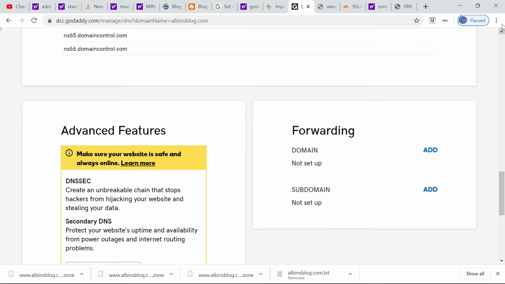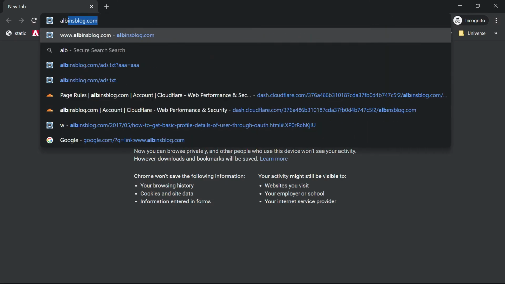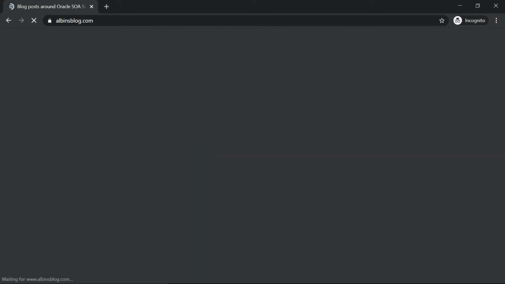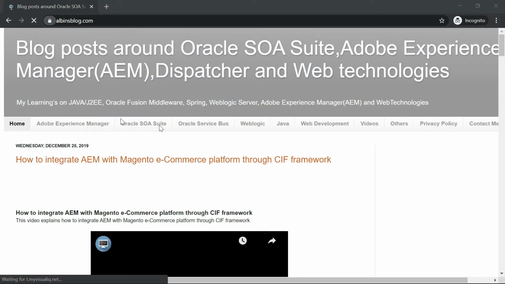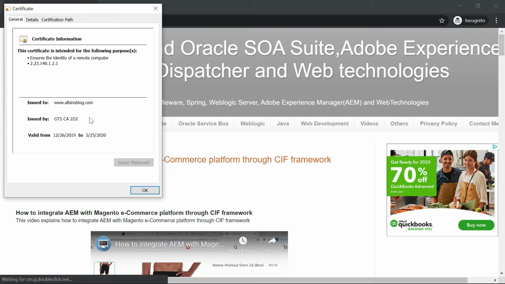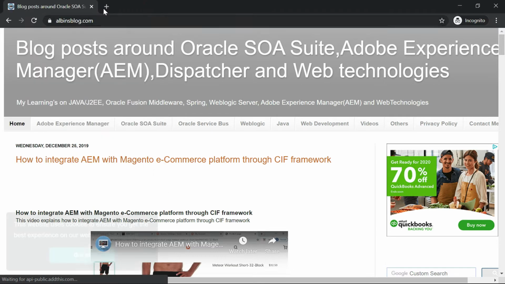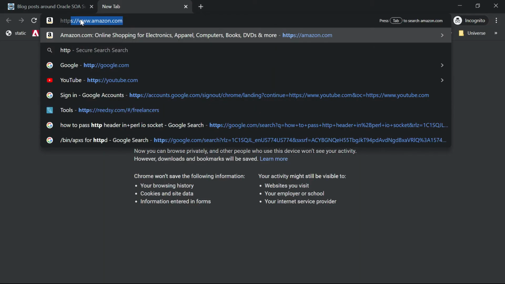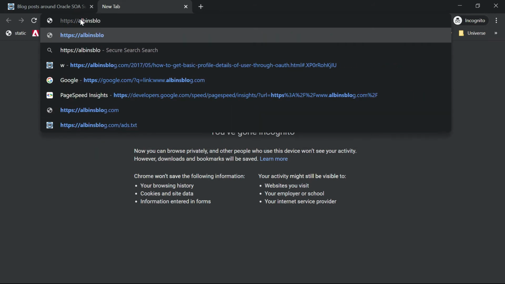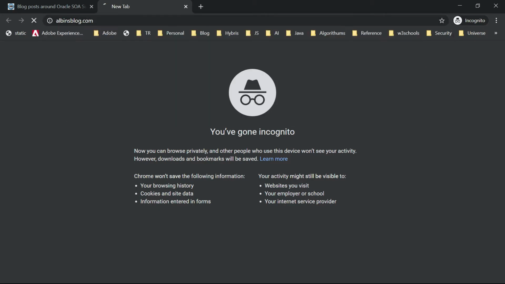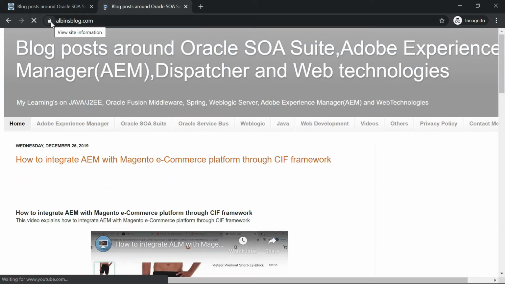Now let us test how this change is reflecting. I'm going to access my blog. It's able to access. Now I will go to the certificate. Certificate is valid. Also if you see, this is a Google certificate, so it means the certificate is enabled through Blogger. So let me also access my top domain with HTTPS without giving www. I should be able to access this also. Yes, it's getting redirected to the subdomain. So that is the expectation also.